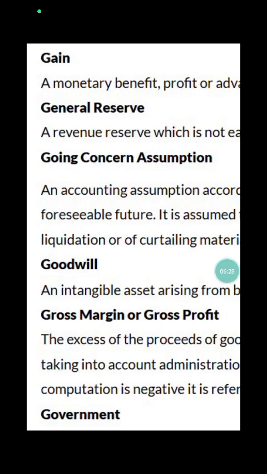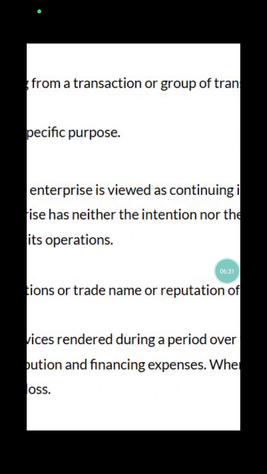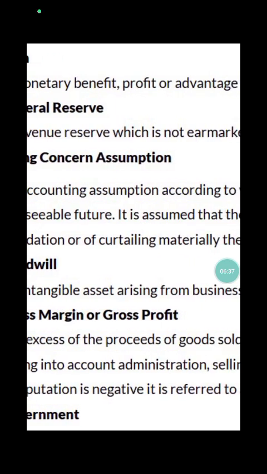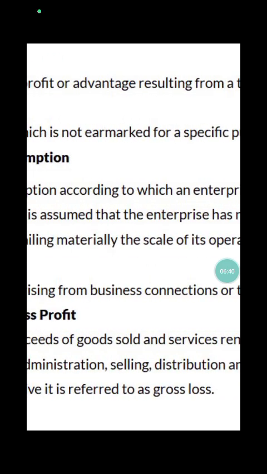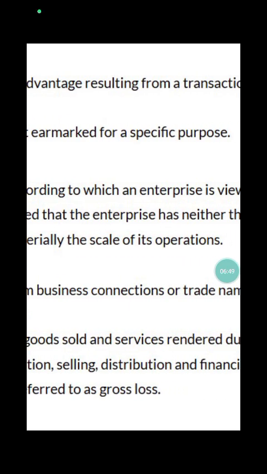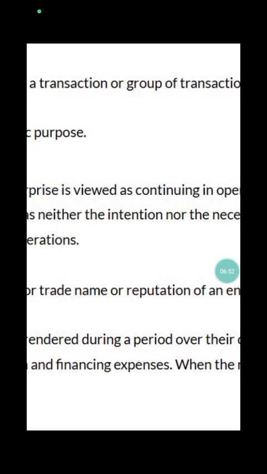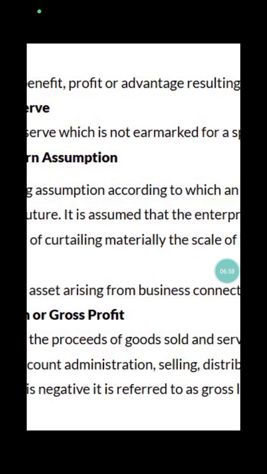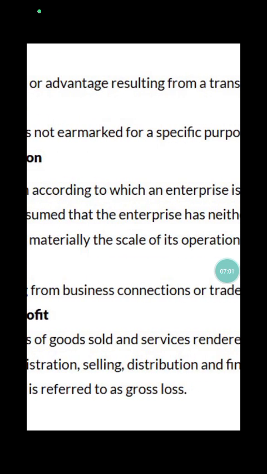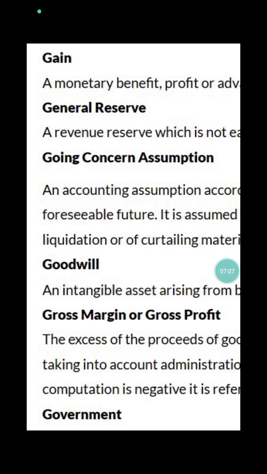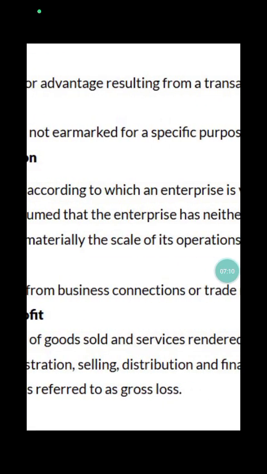Gain: a monetary benefit, profit or advantage resulting from a transaction or group of transactions. General reserve: a revenue reserve which is not earmarked for a specific purpose. Going concern assumption: an accounting assumption according to which an enterprise is viewed as continuing in operation for the foreseeable future. It is assumed that the enterprise has neither the intention nor the necessity of liquidation or curtailing materially